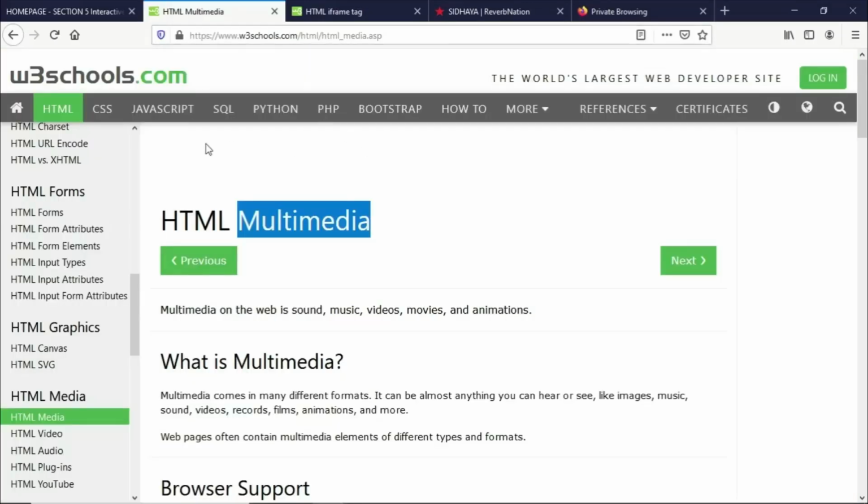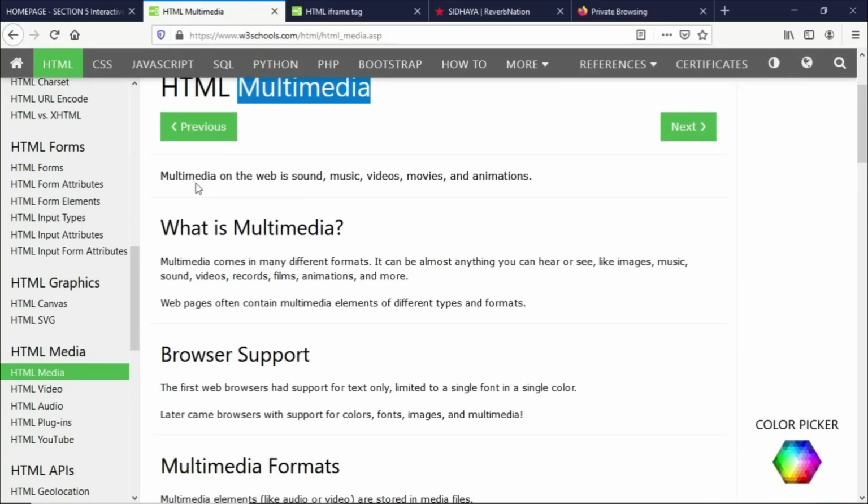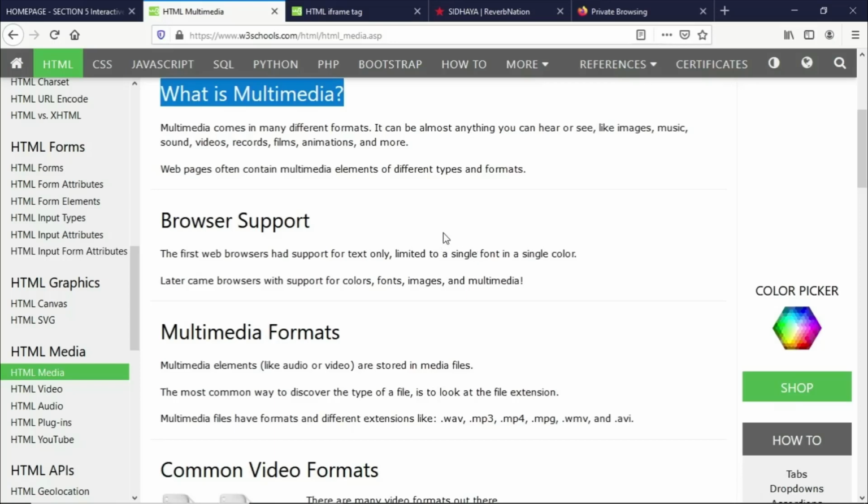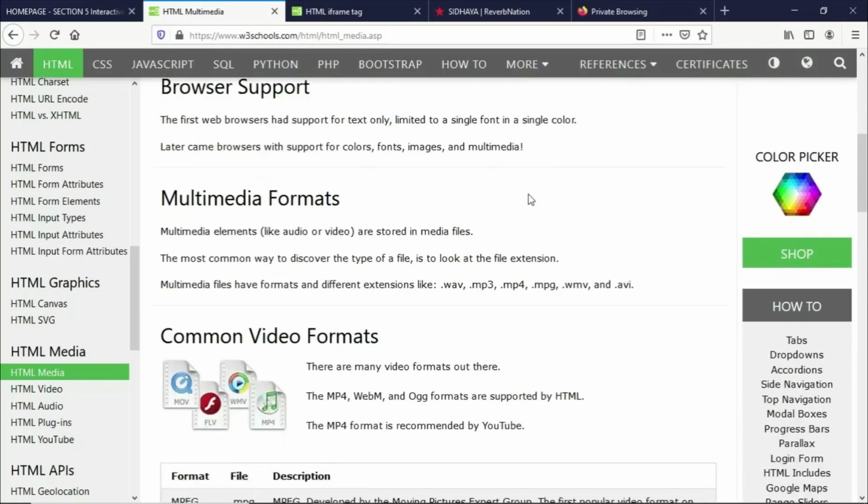But first, let's go through the HTML multimedia documentation. It says here that the multimedia on the web is sound, music, videos, movies, and animations. For those who are still not familiar with what multimedia means, it can come in many different formats. It can be almost anything that you can hear or see, like images, music, sound, videos, records, films, animations, and more. Most of the time, you will be seeing a lot of different types of multimedia and formats. We do have here some browser support, and it says that the first web browsers